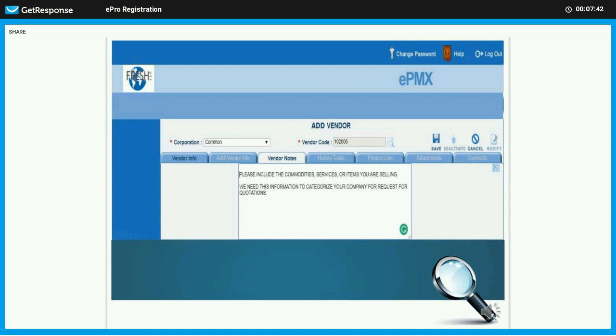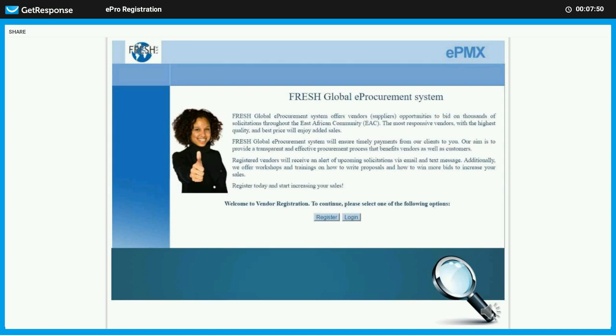Once that is completed, we ask you to click on the Save button, and when you do that, it takes you back to the first page of our site. Here now, with your username and password, you are now able to log in, and you will see any open bids for you to submit, or any request for quotations for you to submit a bid. And that's the registration